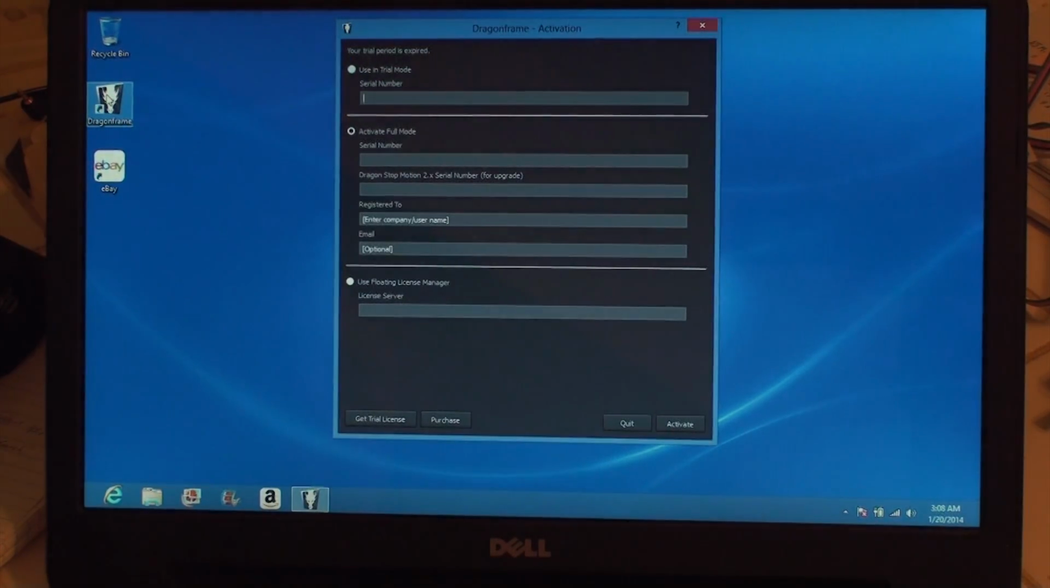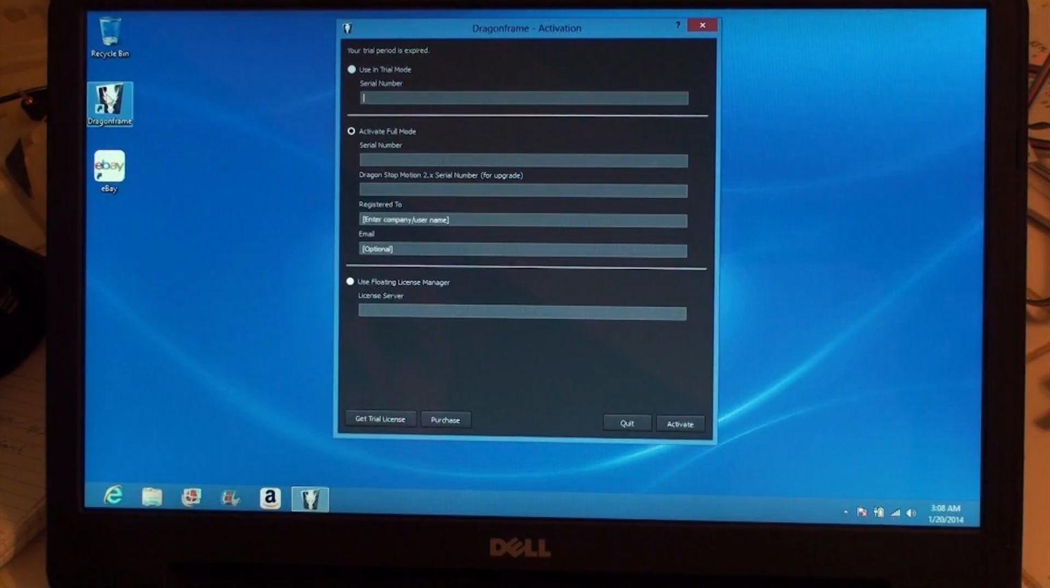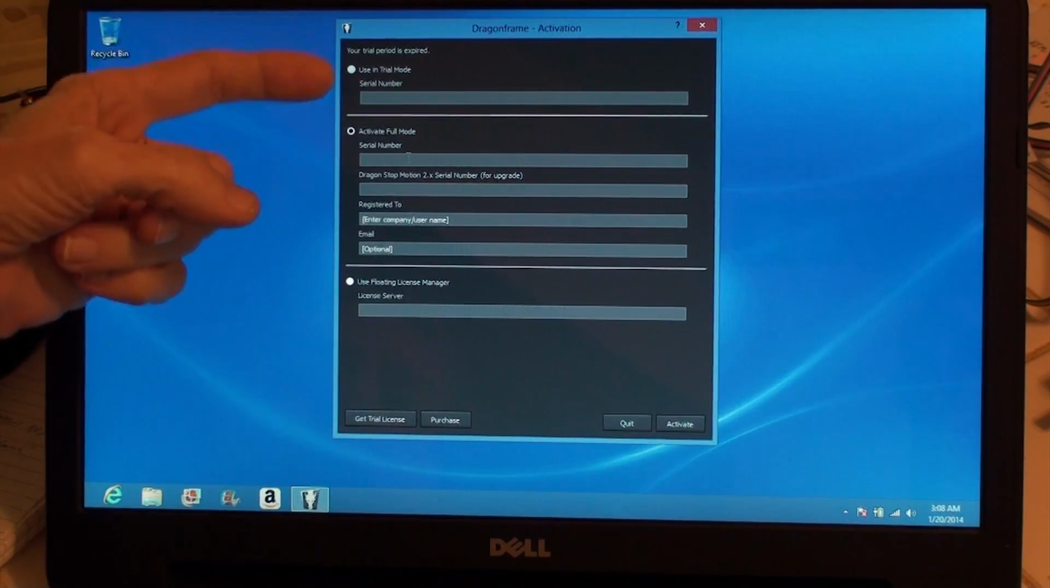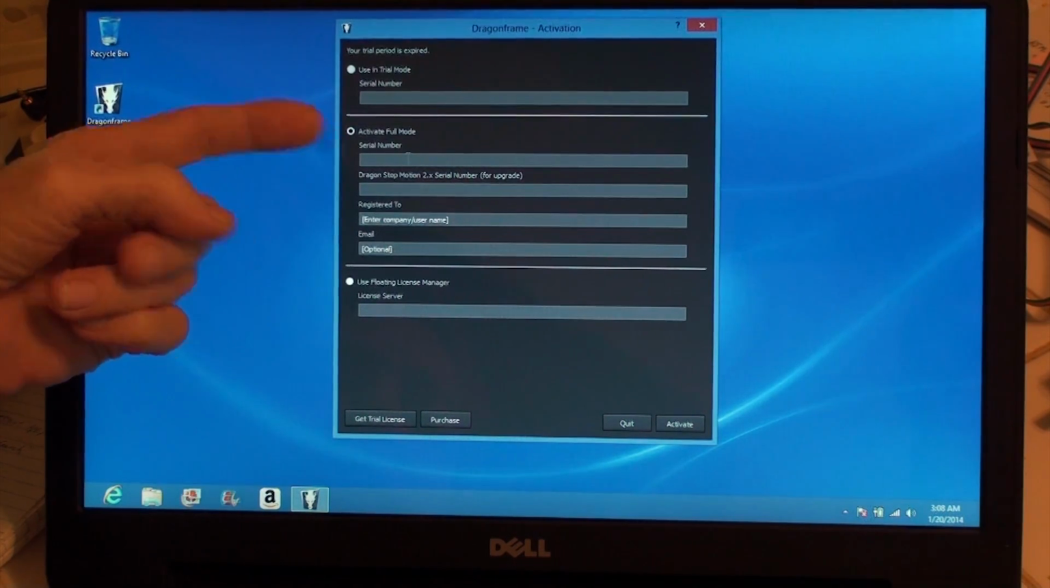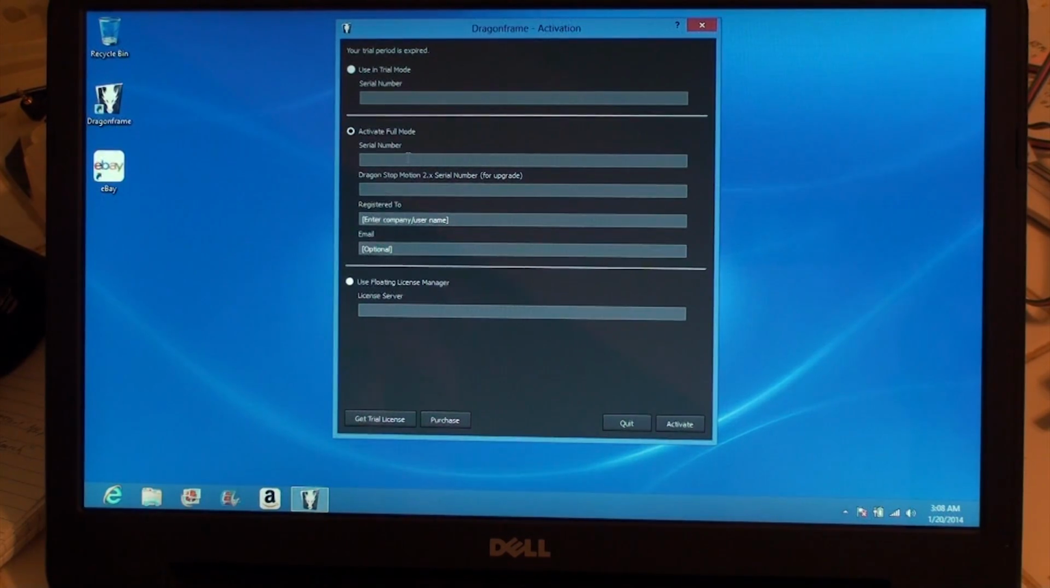I'll double click that. Alright. And it wants the serial number. Activate full mode. I want full mode. So I'm going to click there. And this is where I can paste my license number, register to company name,